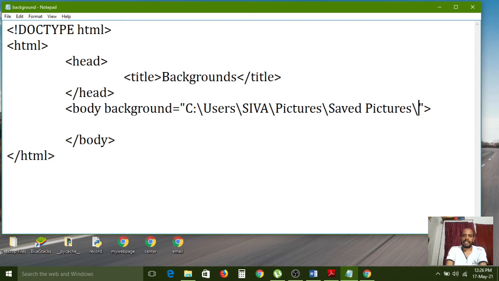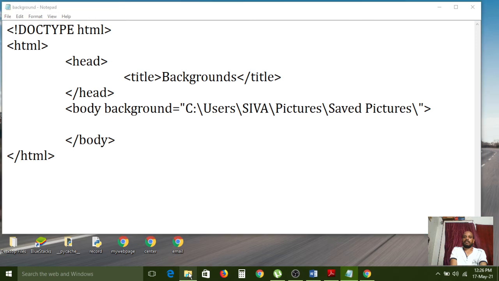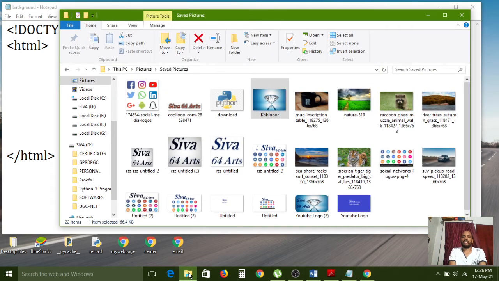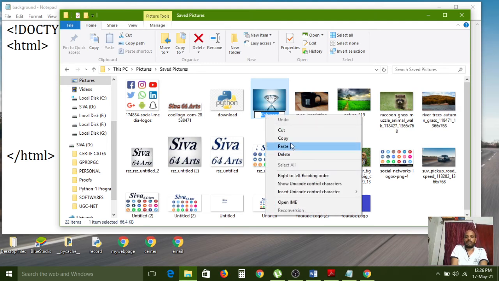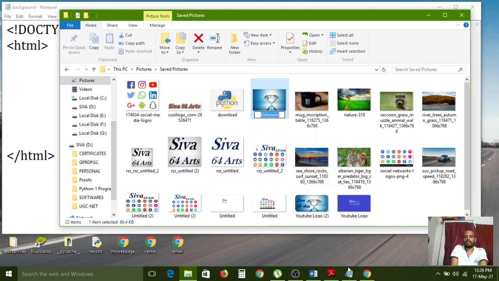And I gave one more slash symbol, because here I also want to give the picture name. Till now we have copied only the address. The picture name is Kohinoor. Here the Kohinoor diamond picture is there. So now I am copying that text also. Copy the file name, don't type.